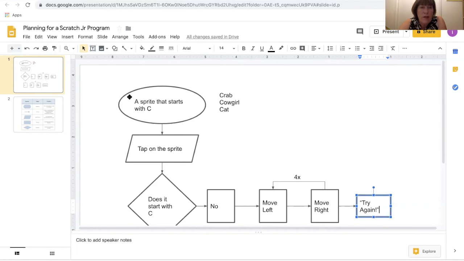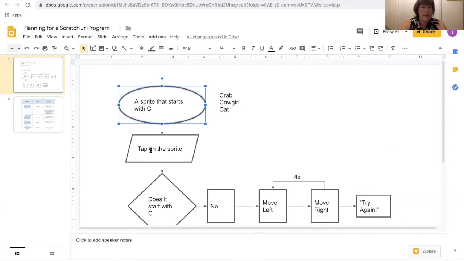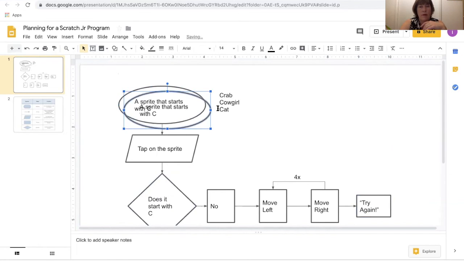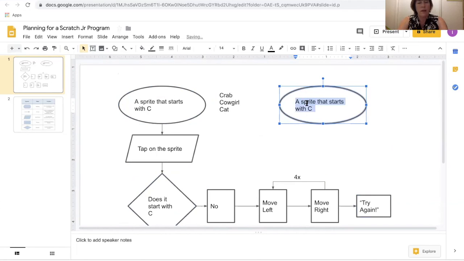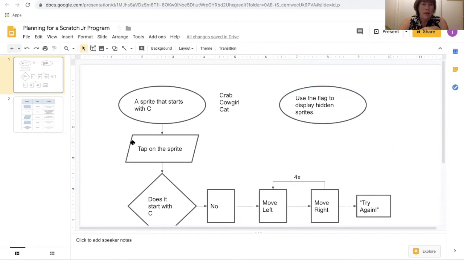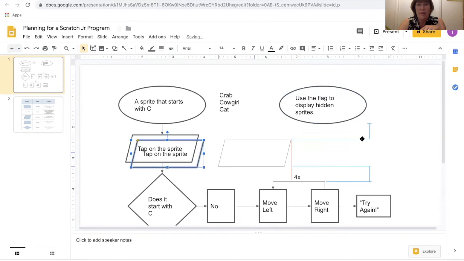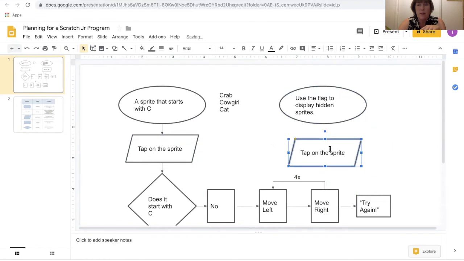So I'm actually just going to have another small process. This one. And it's going to be use to display hidden sprites. Sprite being the characters in the game. I'm going to use an input. I'm going to tap on the flag. So when I tap on the flag,